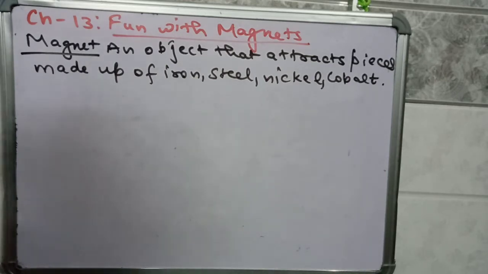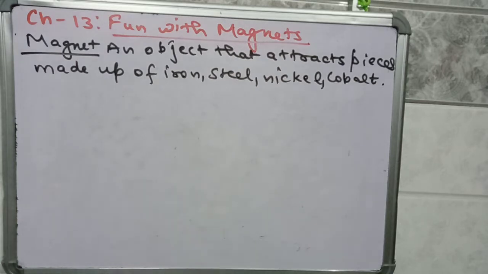Okay, so iron is used in many appliances, electrical appliances also. For example, it is used in electric motors, right, the motor of a juicer or mixer. So there are various uses of magnets. So what are magnets? Magnets are the substances that can attract pieces or objects made up of iron, steel, nickel and cobalt. Okay. So various types of magnets you can see in your daily life, right.